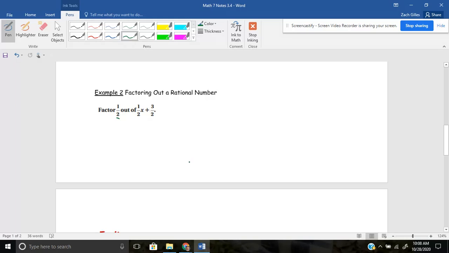Okay, so we're doing the same. Now we just have fractions. So we just have to remember how to divide fractions. In fact, it wants me to factor out a half, so that's what I'll put on the outside. And then what's a half x divided by a half? Well, anything divided by itself is 1, so 1x,